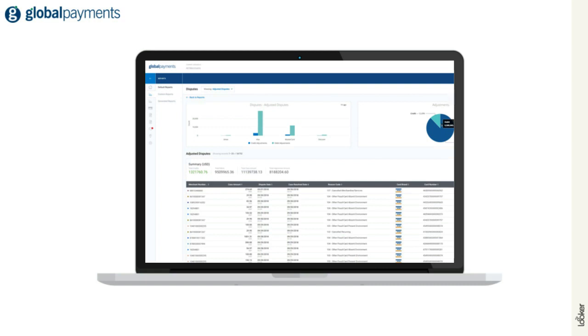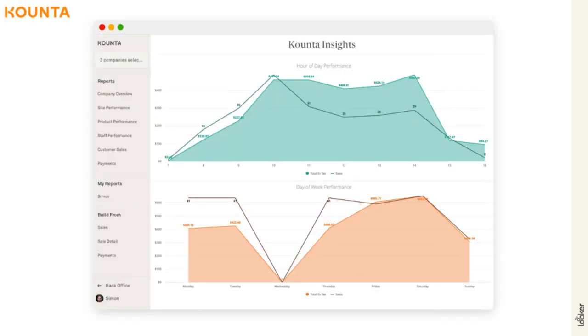Another example is Counta. This point-of-sale system is a smaller company, but they've built their core product around Looker and the embedded analytics offering that we can provide them. And so the cool thing here is that with only a very lean, agile development team of 2 to 3 developers, they've been able to build and maintain this product. And